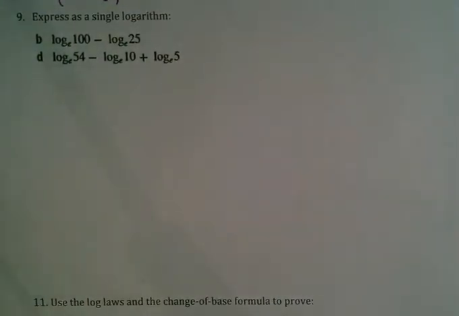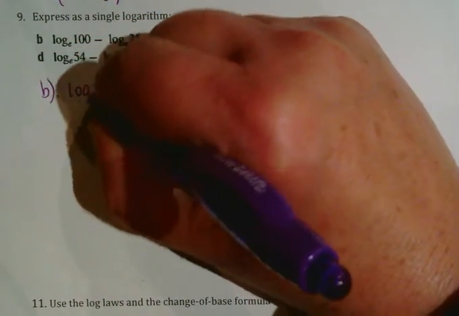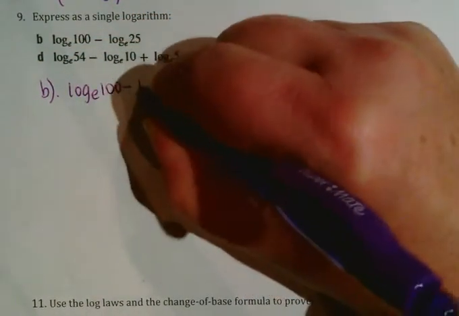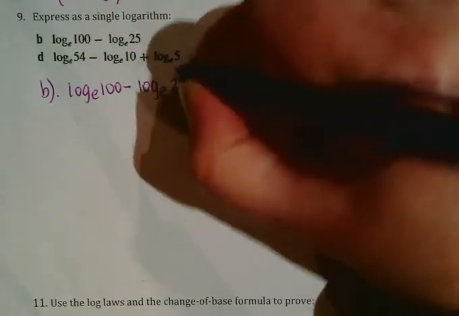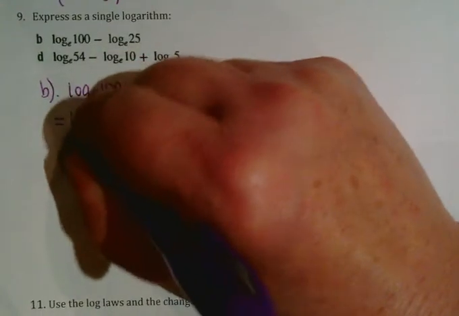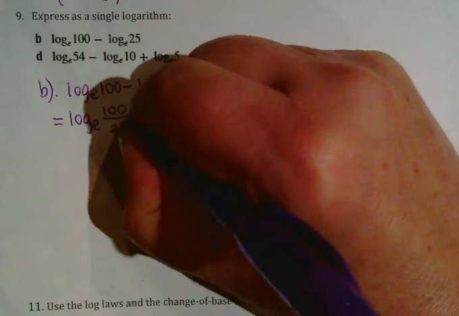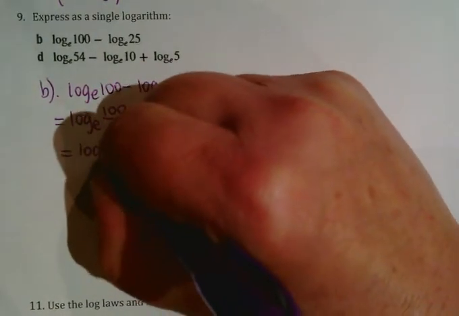Express as a single logarithm. Now you're going to have to use the log laws to do this. So we've got log to the base e of 100 minus log to the base e of 25. Now with that subtraction, remember that is division. So we've got log to the base e of 100 over 25, which is log to the base e of